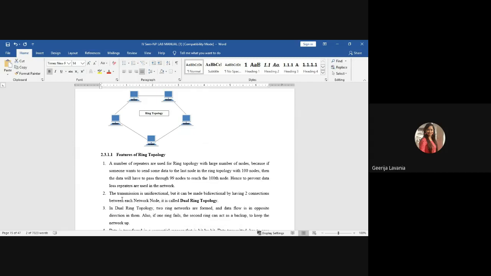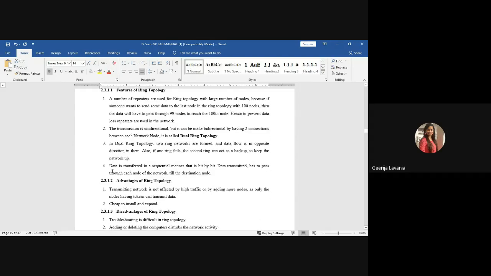The second feature: the transmission is unidirectional, but it can be made bidirectional by having two connections between each network node. The third one, the dual ring topology. Two ring networks are formed and the data flows in opposite directions in them. Also, if one ring fails, the second ring can act as a backup and keep the network up. The data is transferred in a sequential manner, bit by bit, and the transmitted data has to pass through each